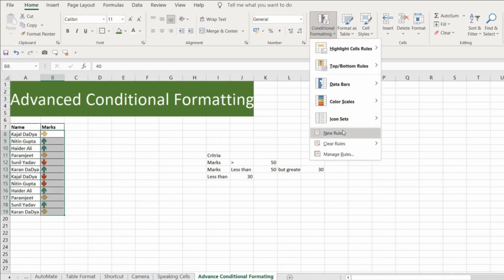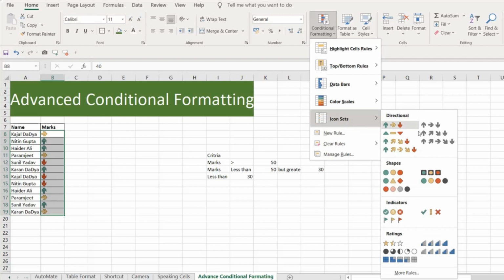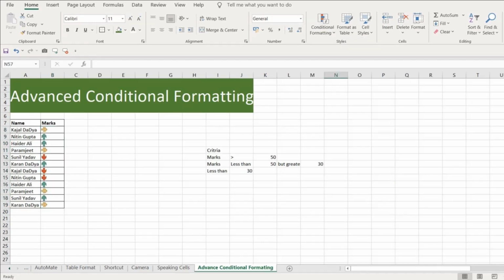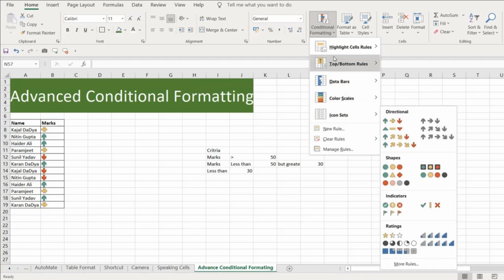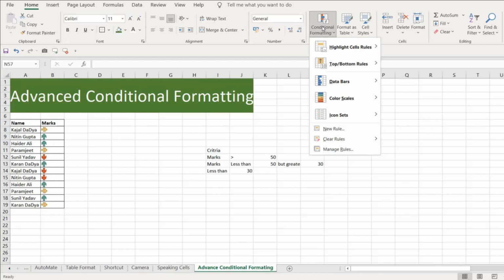So this is using this kind of criteria. You can use many other icon sets available over here. You can use these shapes. Again, if you change the shapes, you need to go and update the criteria on what basis to display. So you can use a number of options here. In this way we can use the data bars and icon sets available in conditional formatting to represent your data very cleanly to your clients or customers.